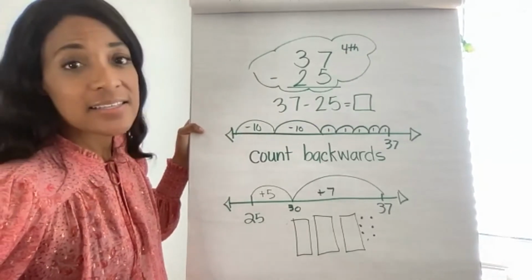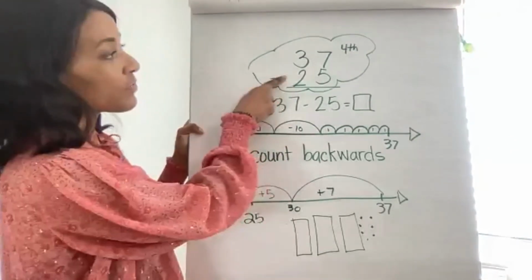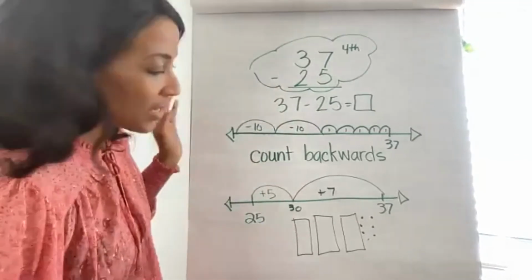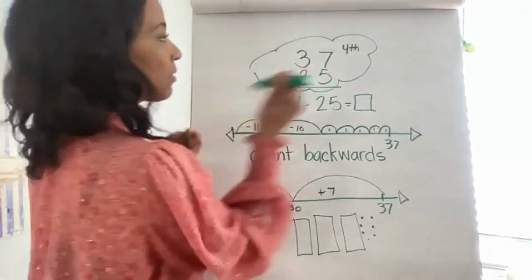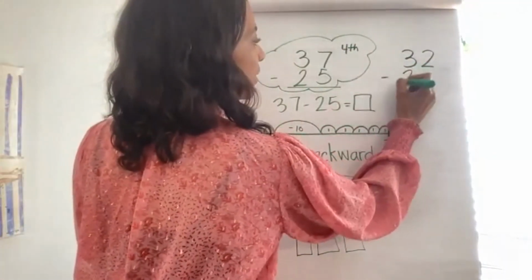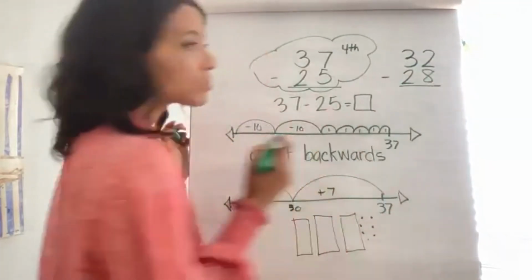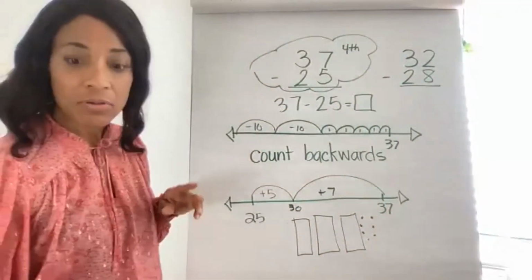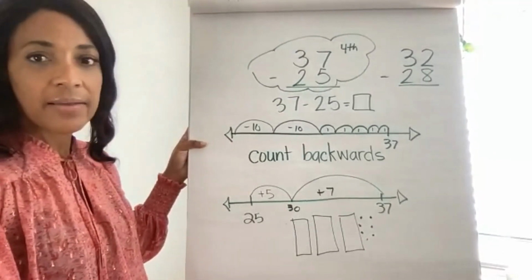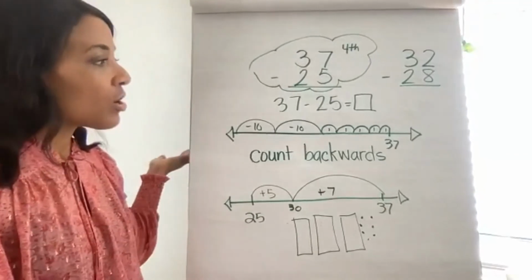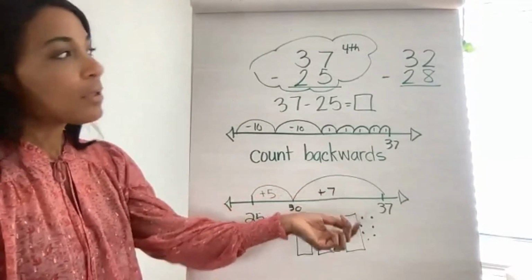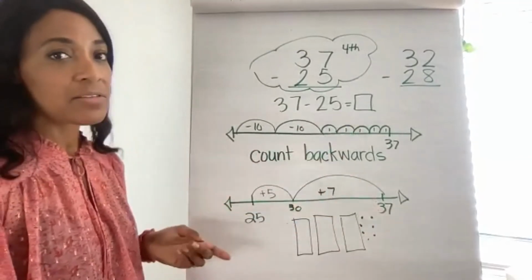What I say to kids is, first of all, I'm going to give them a number like this so that they don't have to regroup. So I would do something that's simple first instead of doing something like 32 minus 28. So start with a number that's fairly simple and say, what would that look like on a number line? Let's try it. What number would you start with, right? Some kids might think about starting at 25 and counting up. Some kids might think about 37 and counting back.